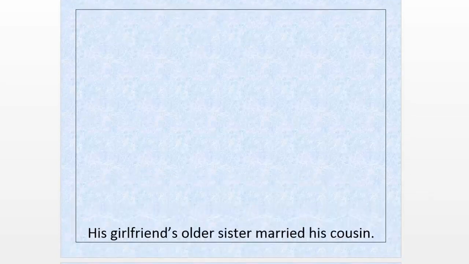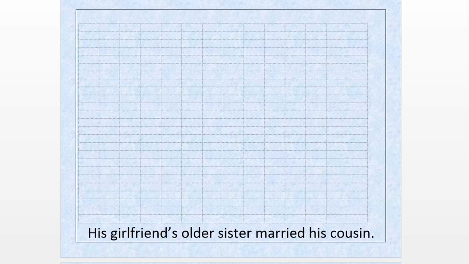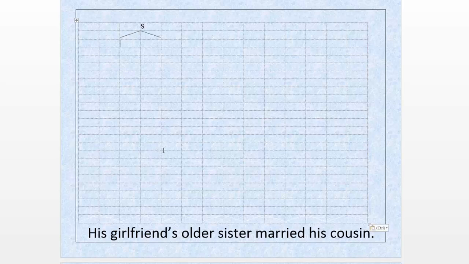All right, let's try one more example, and then I think we'll be done. His girlfriend's older sister married his cousin. So let's do that one. Here we have the possessor his, or the genitive his, going with girlfriend, and together that makes his girlfriend's, and that functions as the determiner for his girlfriend's older sister. As always, we can have a subject and a predicate. Sister is singular, right? So the head noun is going to be